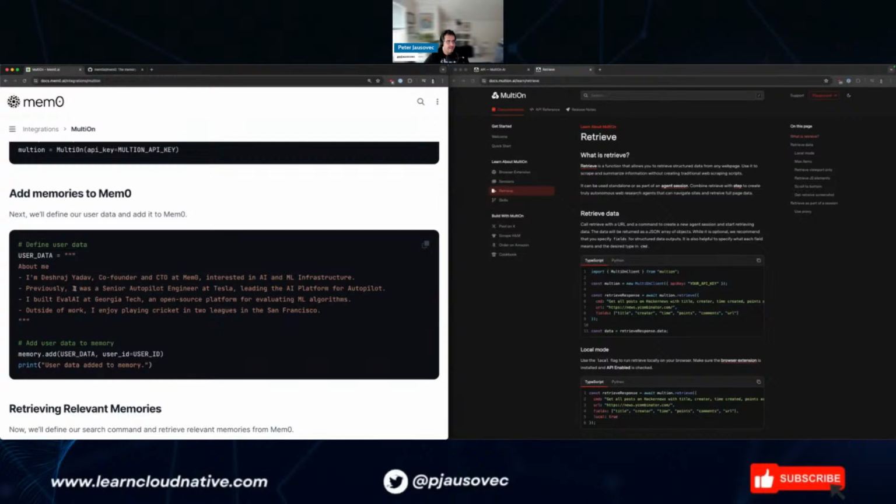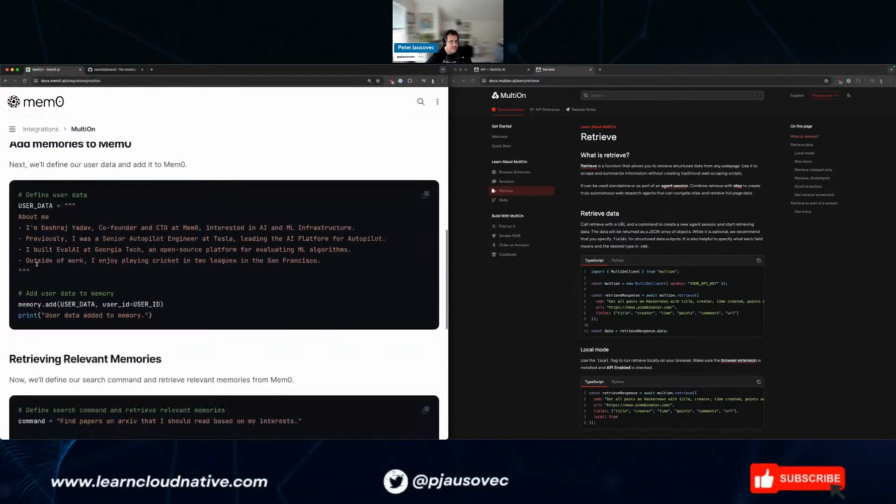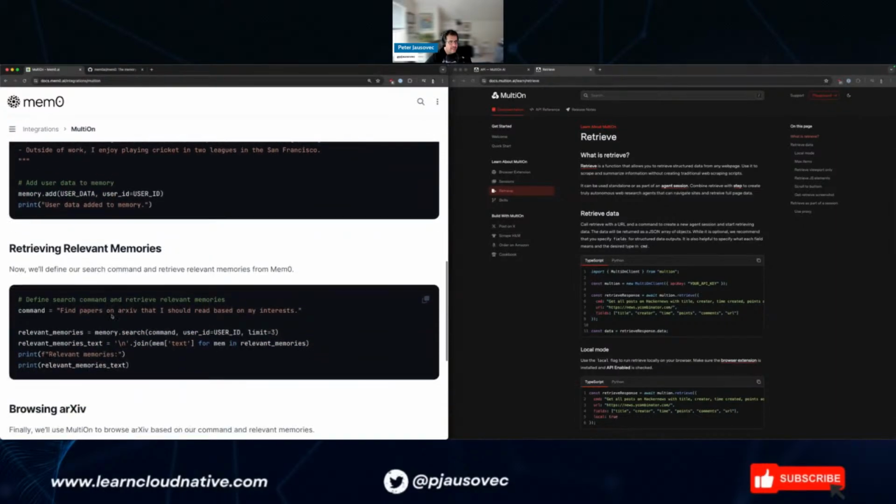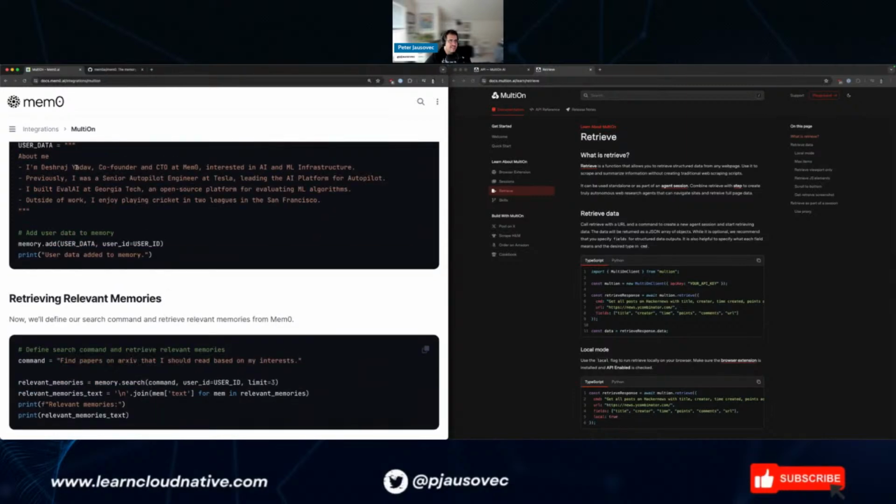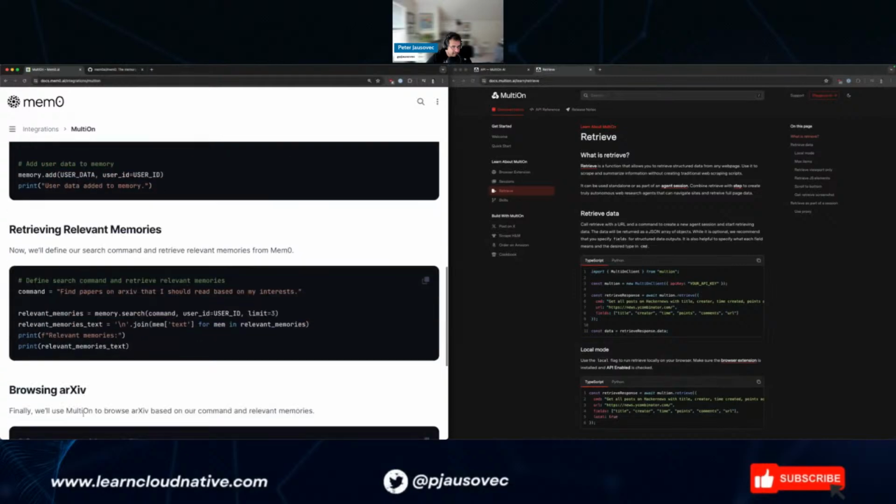So user data. You define it, you add it to your memory, and then it uses, based on your preferences, it goes and searches for relevant papers. Search limit 3 relevant memories.